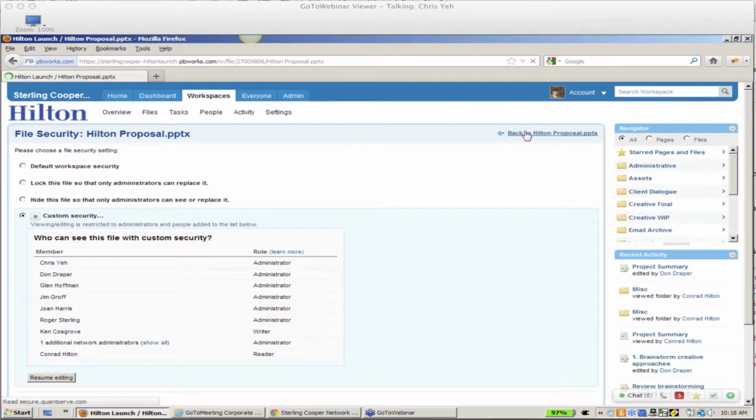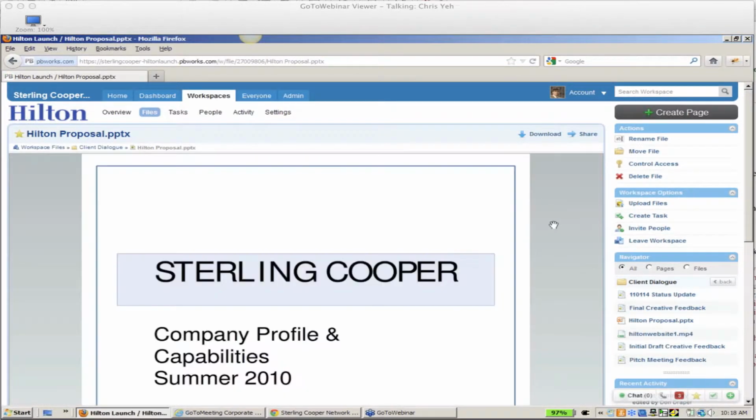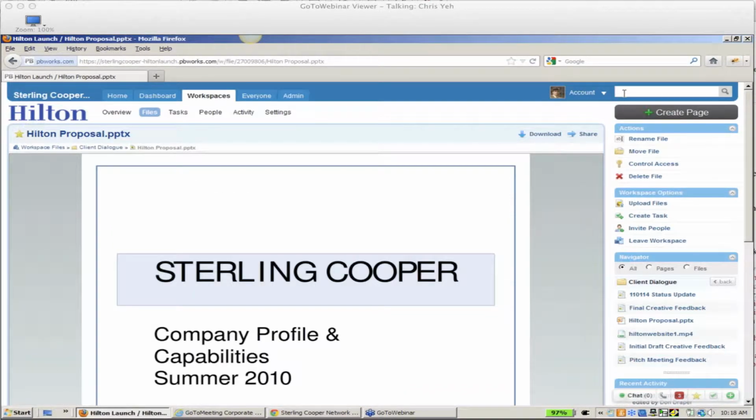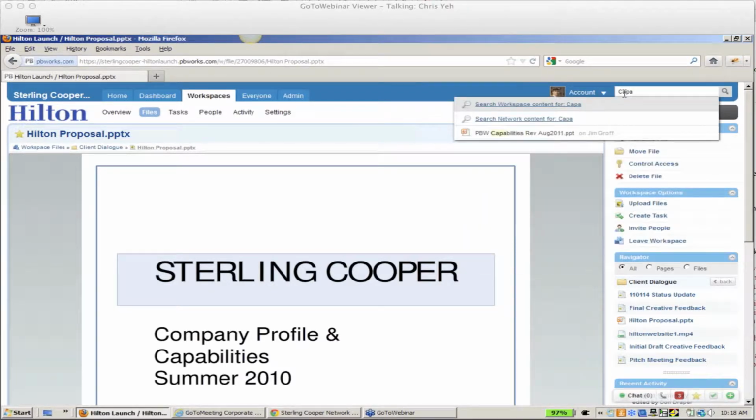Now, back to this particular file, the other thing you'll notice about the file is there's text within the page. It's a Hilton proposal.pptx, but let's say we were searching for something within that file. Let's say we were looking for something that talked about capabilities. So if I go ahead and type capabilities into the search box, I believe I spelled that correctly, yes,